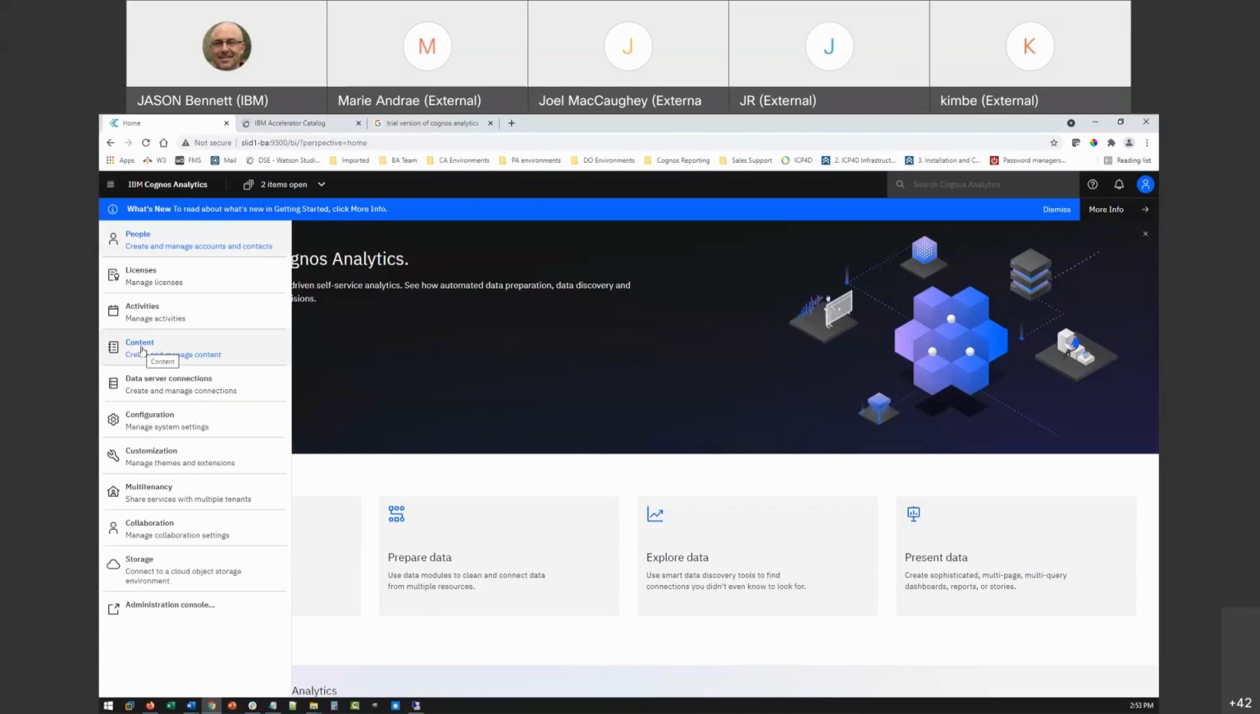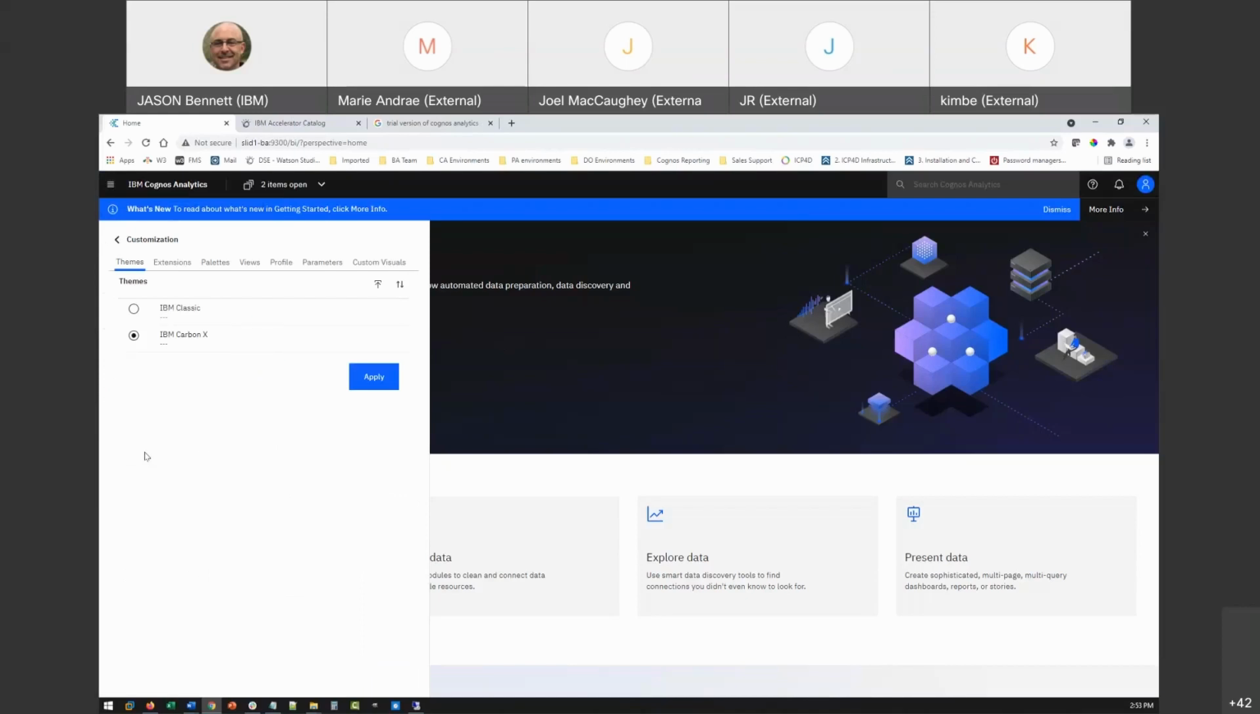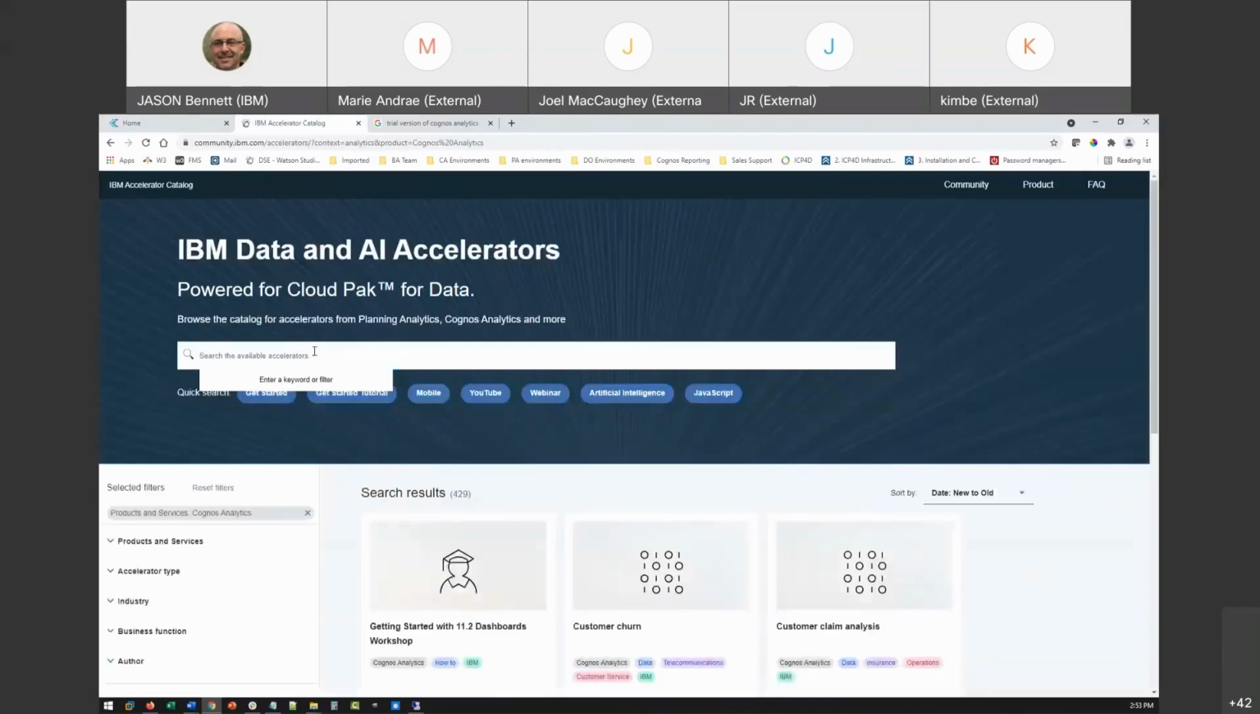Okay, Marie, I'm going to cover a couple of things just as a general course of business, some features that have been in there a while. I'm not sure if anyone's using any of the customizations. And when I showed the accelerator catalog here,